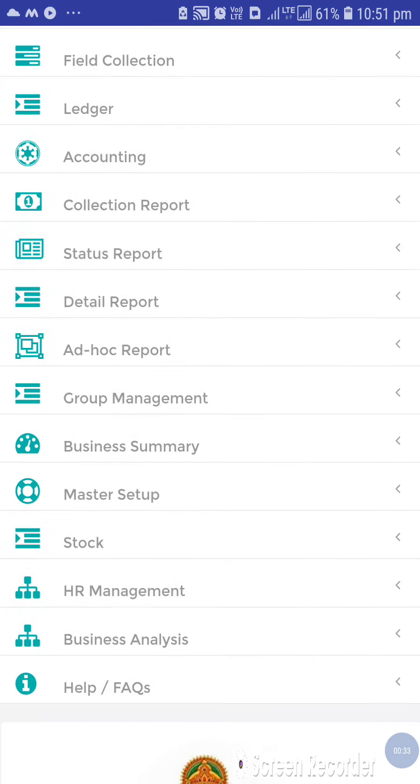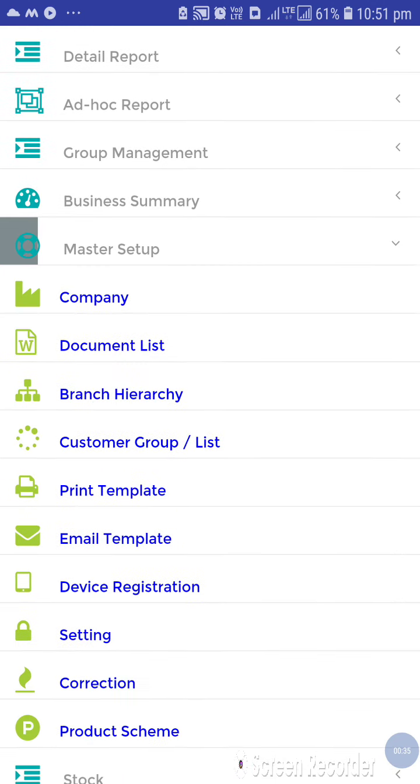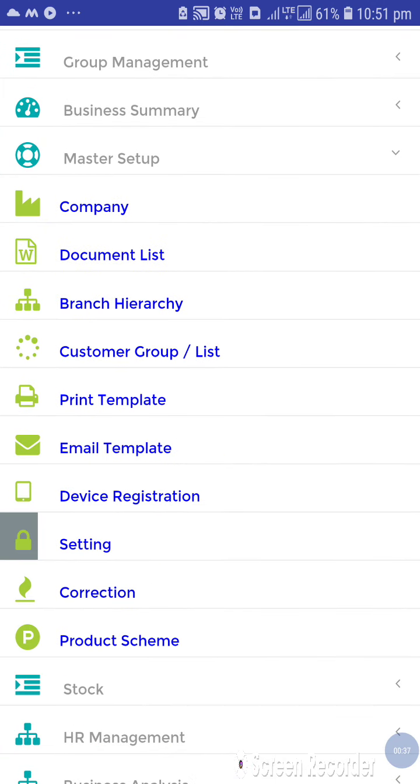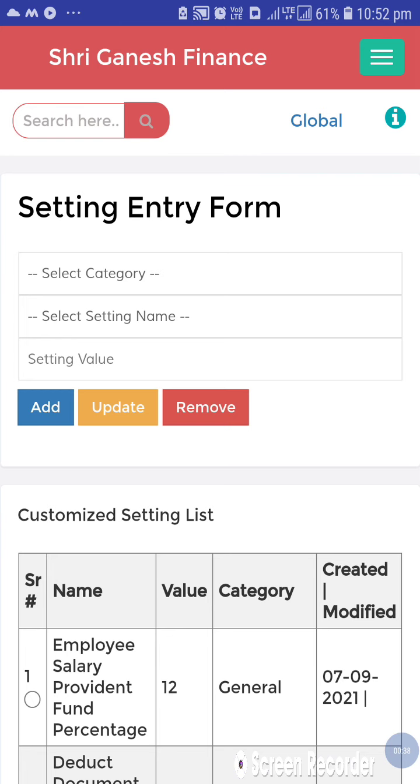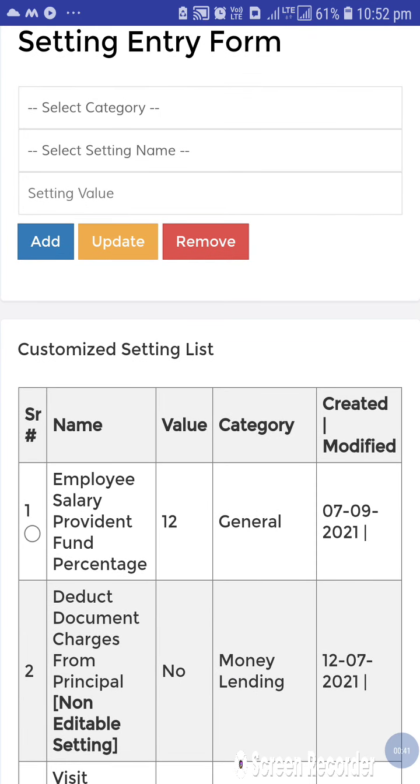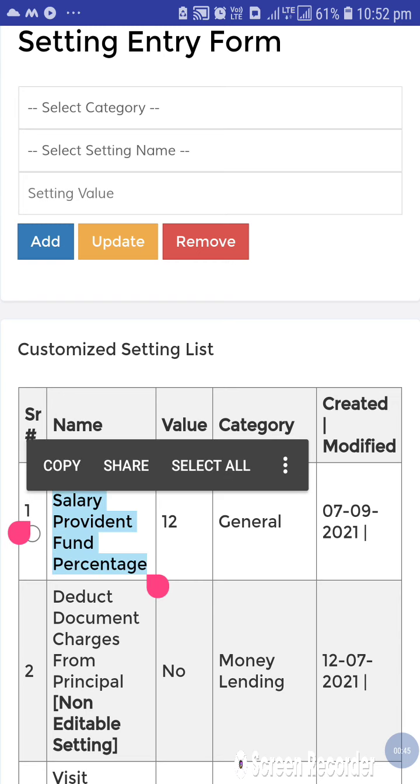So from the master setup, if I go to the setting, here you can see I have added a setting, that is employee salary provident fund percentage is 12.